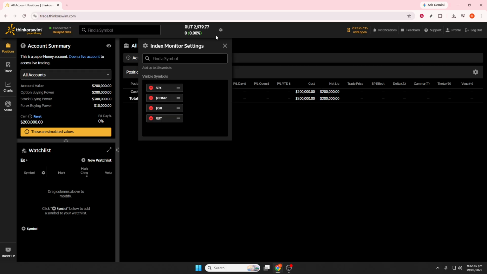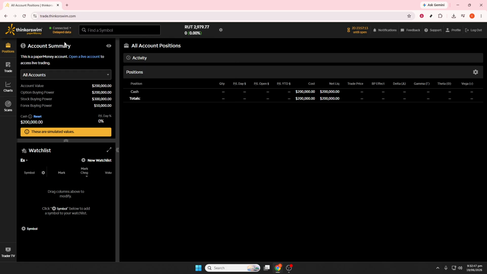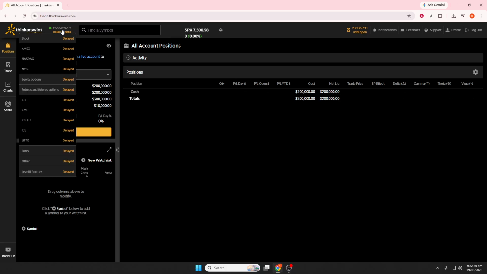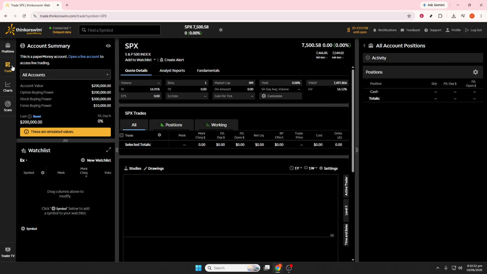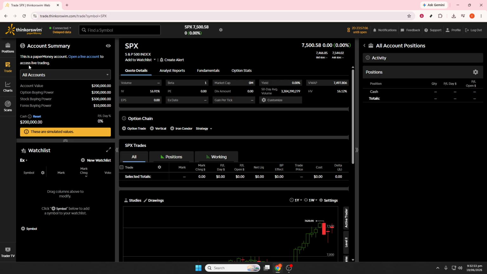In some layouts, this may also appear as a beaker or flask icon. Click on it to open the Studies menu. This is where Thinkorswim keeps all of its technical indicators and chart overlays. From the drop-down menu, choose Edit Studies. This will open a new window where you can search for indicators and manage the studies currently applied to your